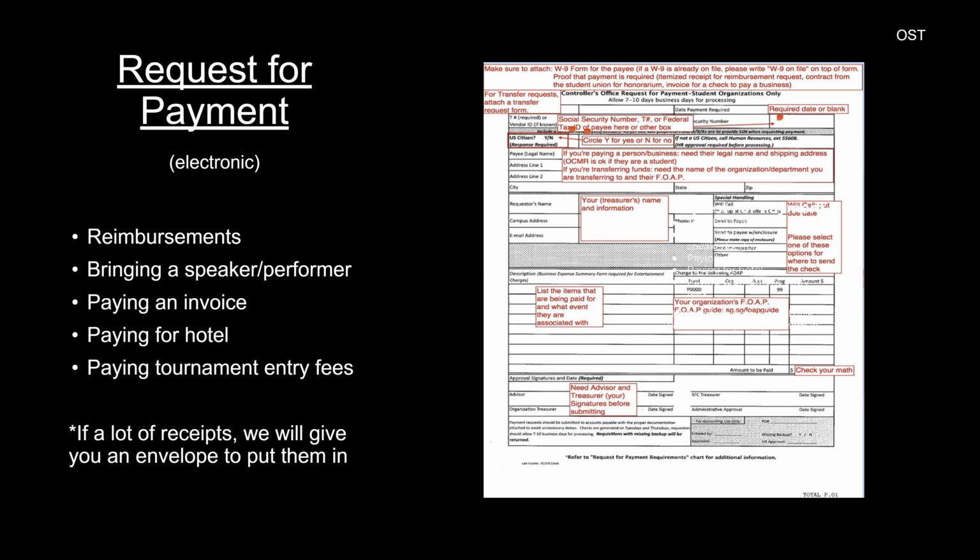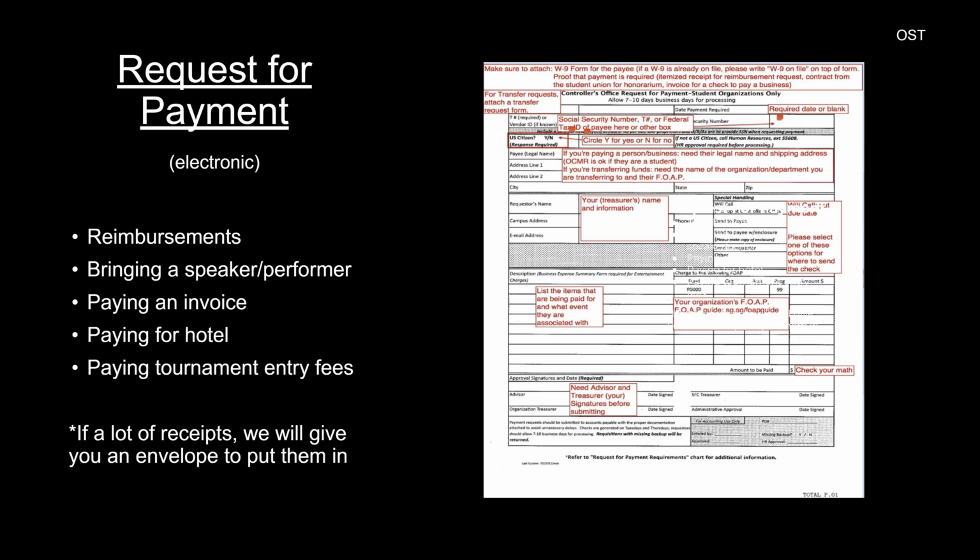These would cover reimbursements. So if you paid for something and you have money in your organization's budget to cover the specific item, you can be reimbursed. You would fill out the form. Your treasurer would be the requester, you would be the payee, and you would fill out the rest of the information as such. If you're bringing a speaker, performer,